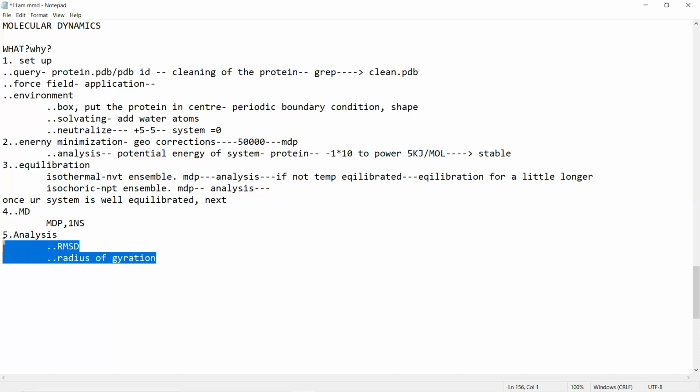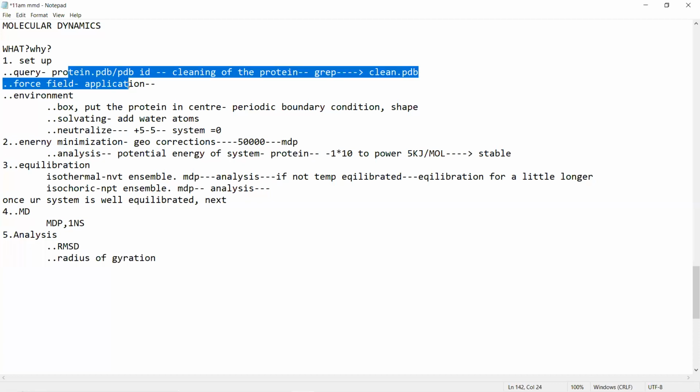So any questions on the concept and everything? Okay. So tomorrow we will be doing the performing part. When I say I'll be setting up the environment, cleaning up everything, tomorrow I'll be performing each and every step. While performing each and every step, I need to make you understand all the kinds of functions and flags.